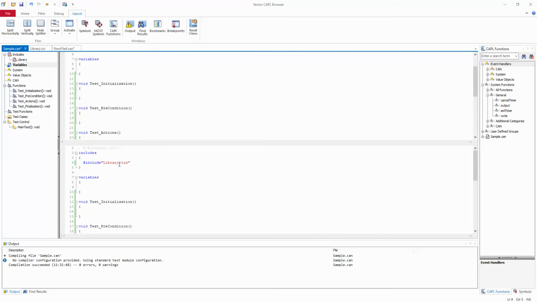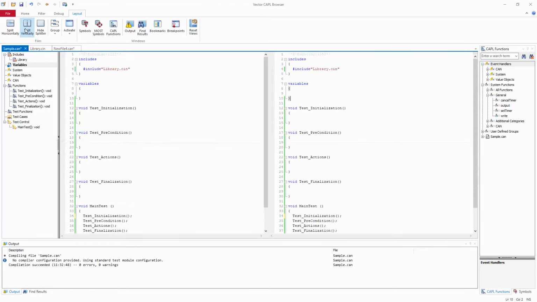You can add multiple files in such a way, horizontal or vertical, that you can do the coding by referring to any other file, which is helpful for coding and referring. For that purpose, or even for analysis, this horizontal and vertical split will be beneficial depending on the monitor that you have.